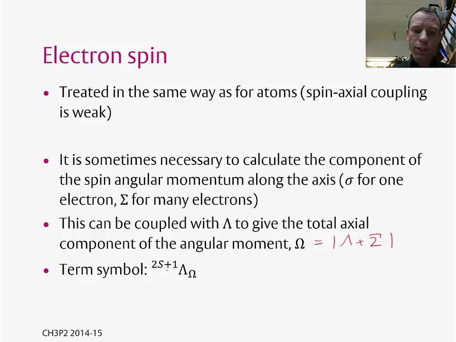So as before, we've got the multiplicity top left, then we've got the capital lambda number, which gives us the total orbital angular momentum, and then we've got our omega value, which is the coupling of the orbital angular momentum and the spin angular momentum along the internuclear axis. So this means if we have a molecule, we can put the electrons into the orbitals and then work out